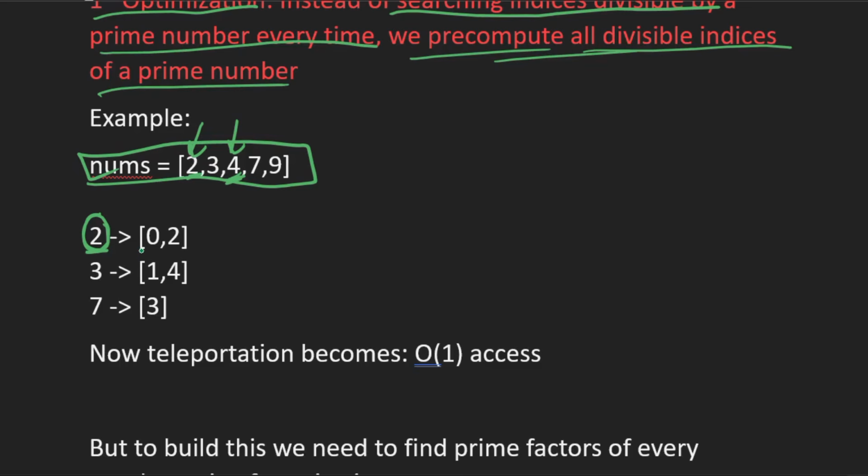So indexes 0 and 2 are divisible by prime number 2. Similarly, indexes 1 and 4 are divisible by prime number 3, and index 3 is divisible by prime number 7. So now we have computed the indexes divisible by the corresponding prime numbers. This will help us in the teleportation, right?